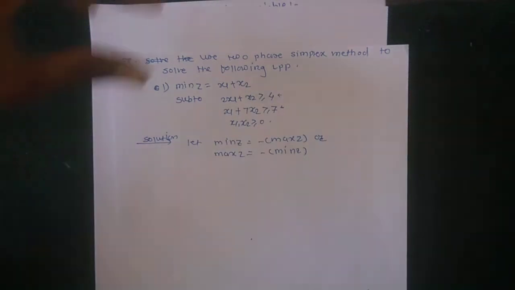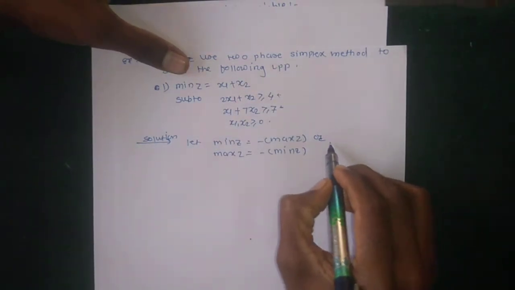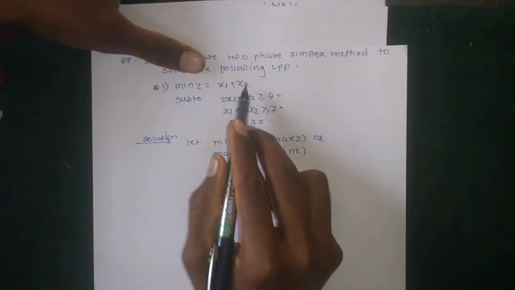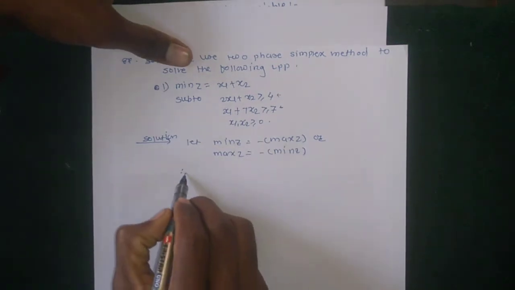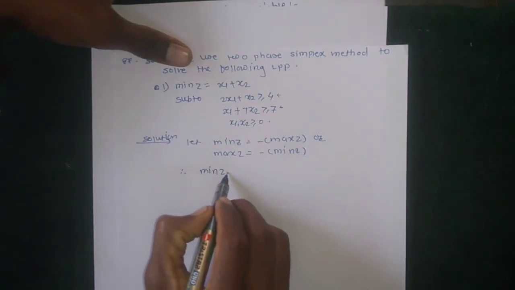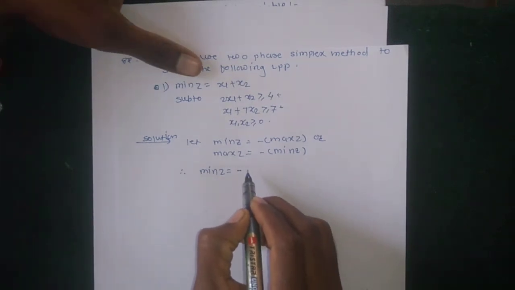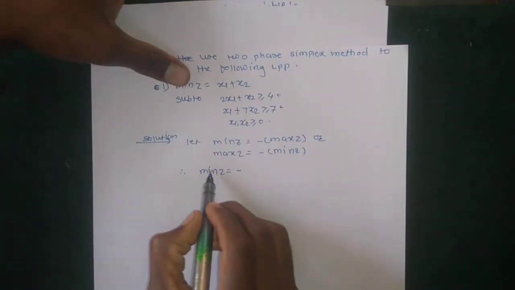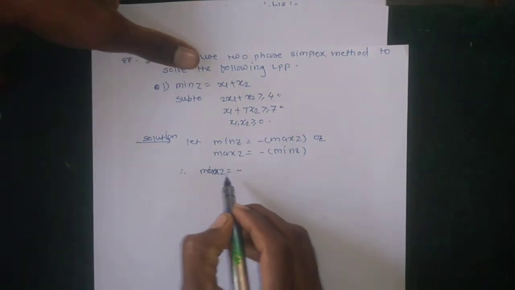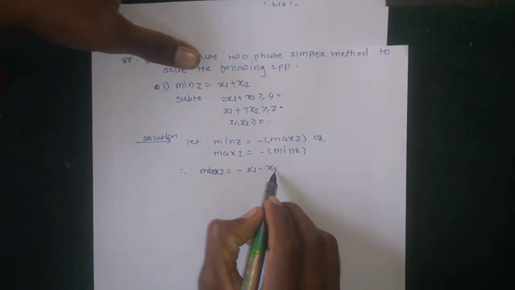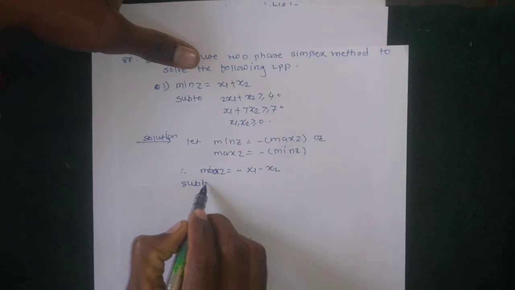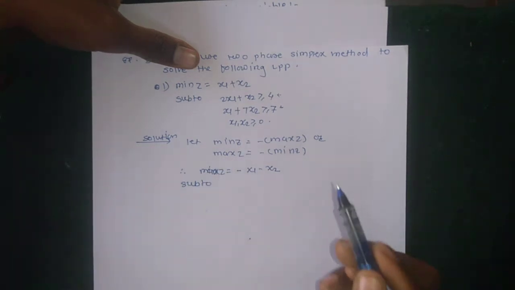So converting the objective function into maximization type, therefore minimum z is equal to minus of maximum z, or directly write maximum z is equal to minus x1 minus x2,